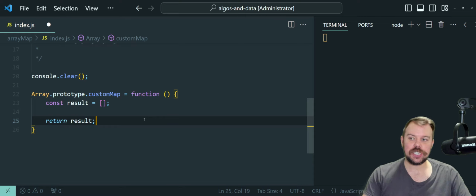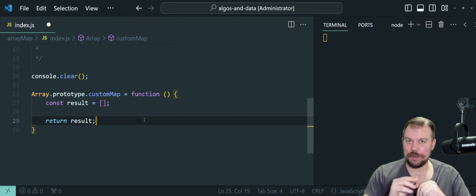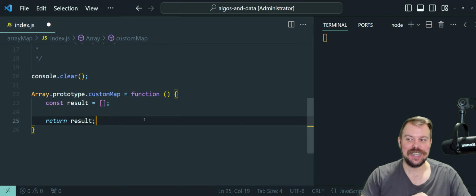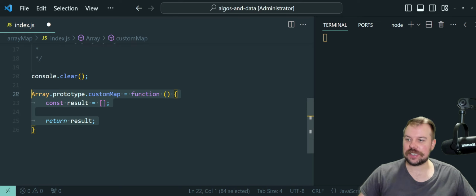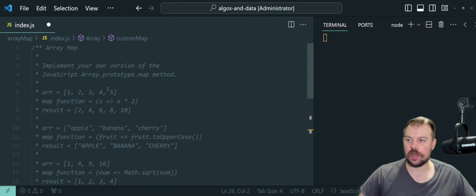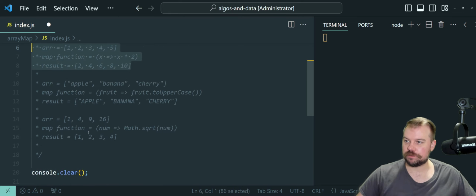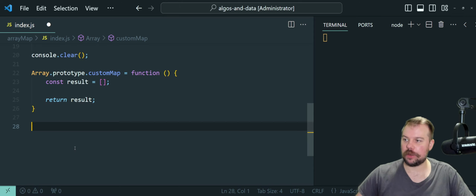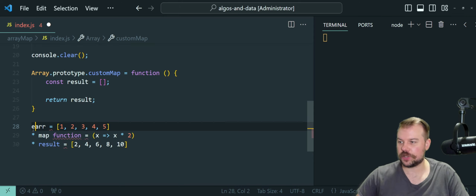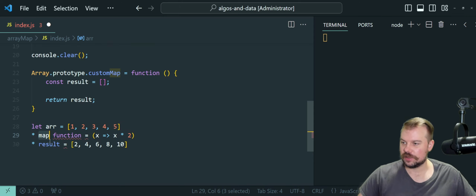From there, all we need to do is iterate over the array we're calling this on. Remember, the context of this can be a little tricky in JavaScript, hint, hint. And inside of this custom map function, this will refer to the array we are calling it on. So if I grab the first example here and prepare to move it in here, if we do something like this,